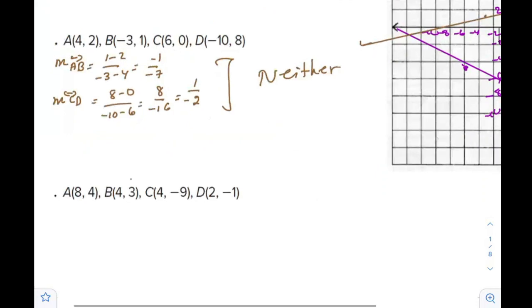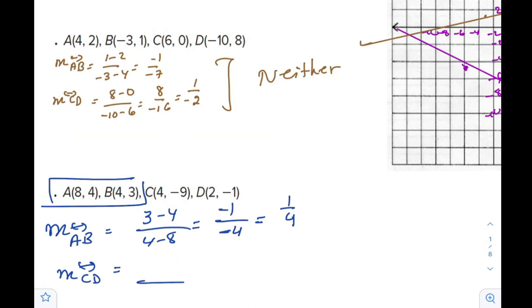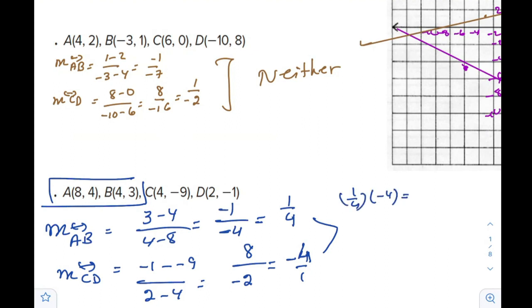A is 8,4. B is 4,3. Slope of line AB is 3 minus 4 over 4 minus 8, which is -1 over -4, which is 1 over 4. Slope of CD is -1 minus -9 over 2 minus 4. So it's 8 over -2, which is -4. It's very obvious here that they are negative reciprocals of each other, or you can multiply and check. 1 over 4 times -4 is -1. That means the lines are